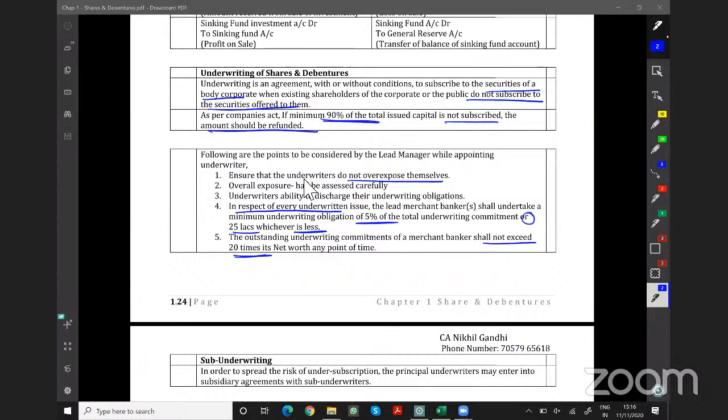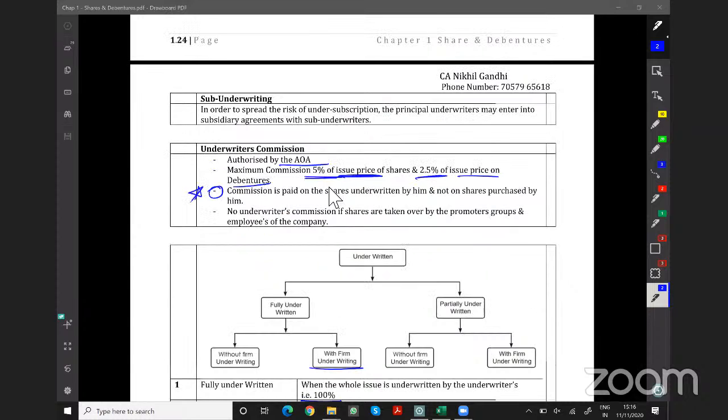In case of underwriter's commission, it should be authorized by the articles of association. The maximum commission is 5% in case of issue of shares, and 2.5% in case of debentures. And 5% and 2.5% should be calculated on the issue price. The third thing is